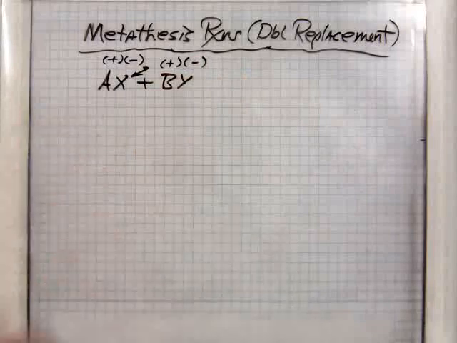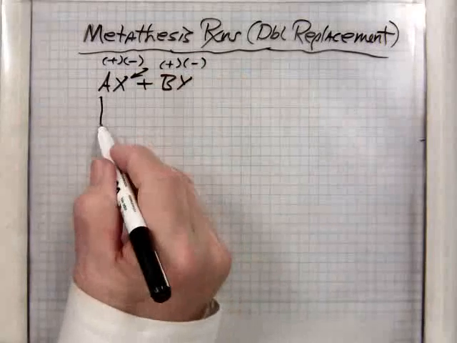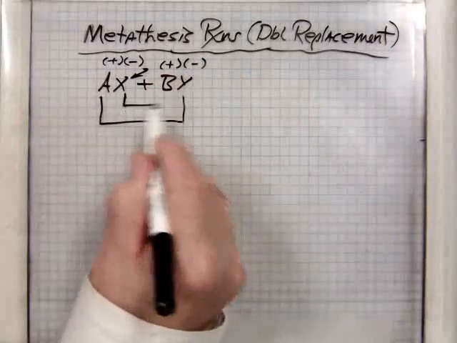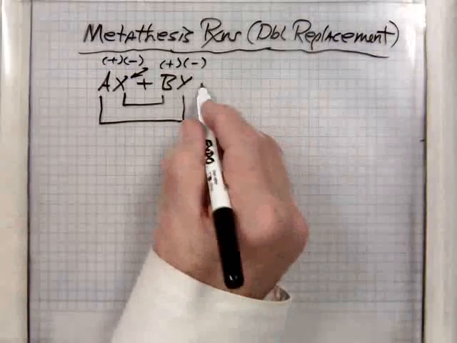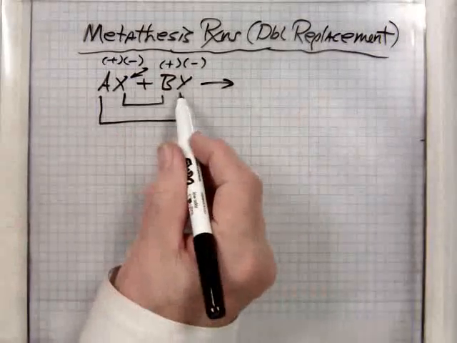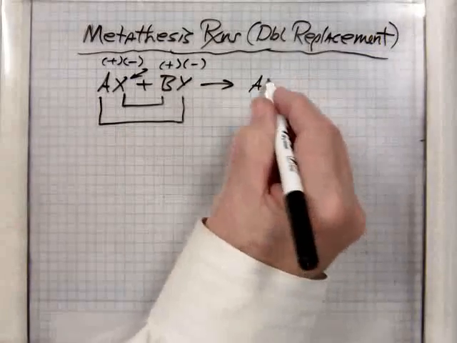What you would want to do is take the A and hook it up with Y and the B and hook it up with X. So you put little brackets under it like that, and so AX plus BY goes to AY plus